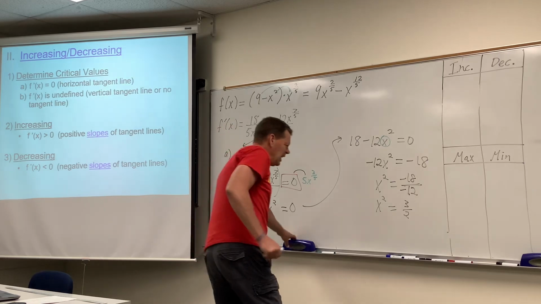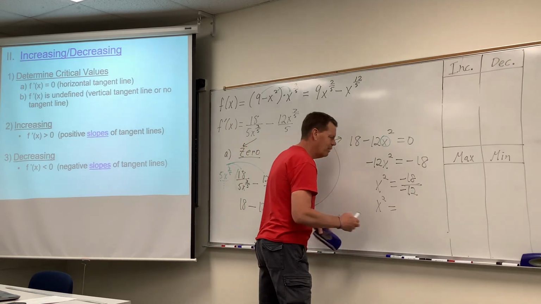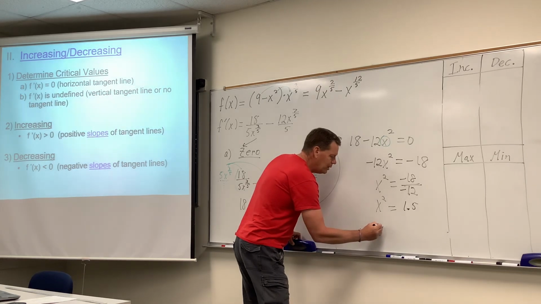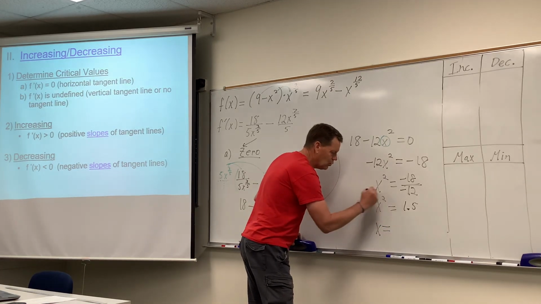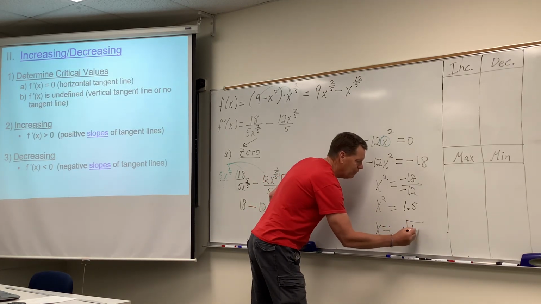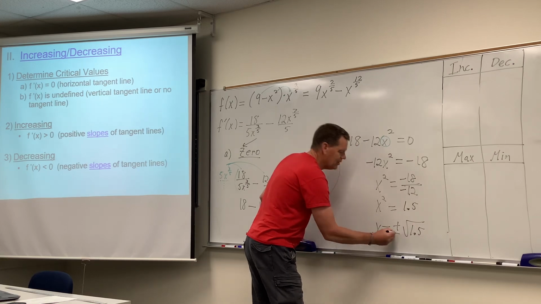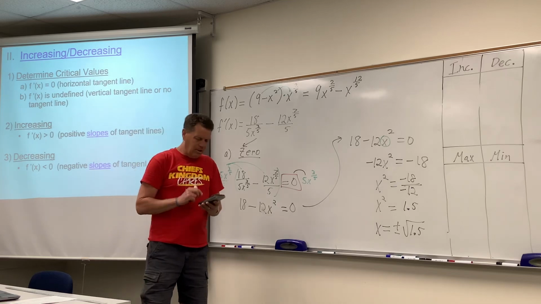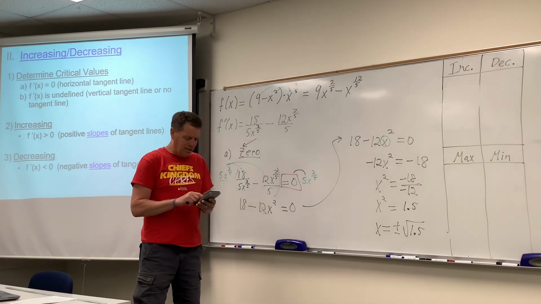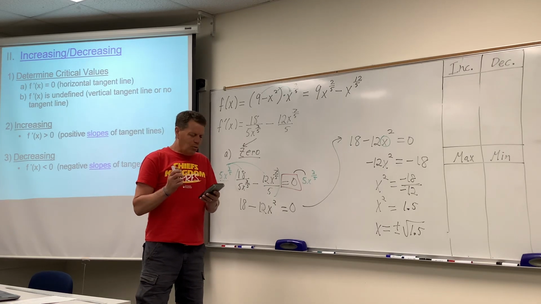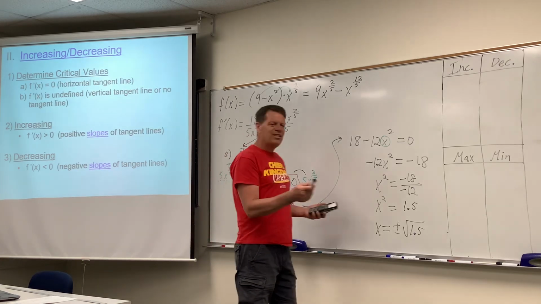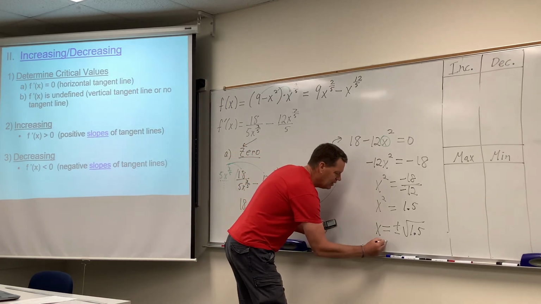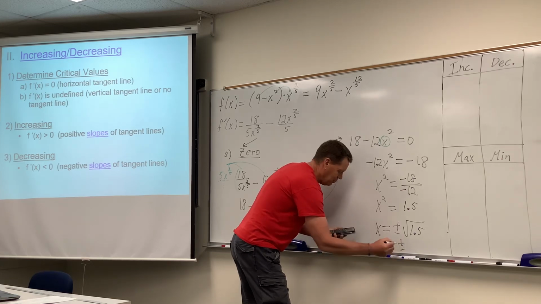And I'm going to call it that. Okay, 1.5 positive. And then x would be equal to, if you square root both sides, the square root of 1.5 plus or minus, wouldn't it? Now, remember, square roots create a plus and a minus. This is one of those situations where that's a messy number. It's a decimal, right? Messy decimal. And it looks like they are approximately plus or minus